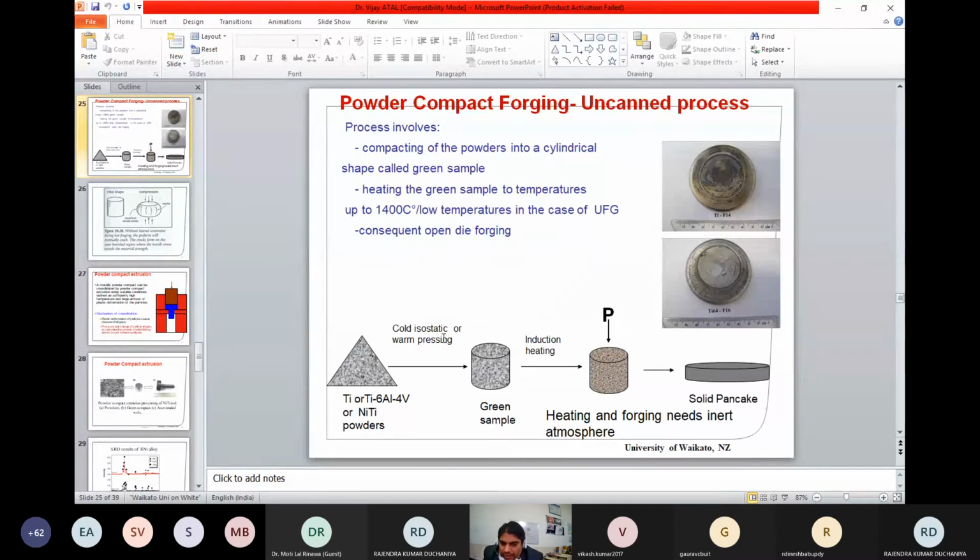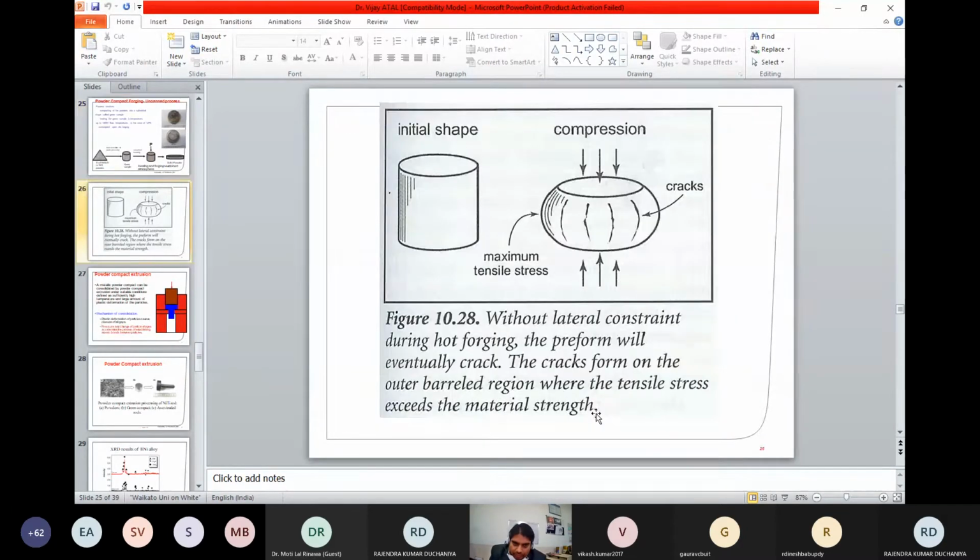Powders, either cold isostatic pressing or warm pressing can be used to improve the density of the green compact, and then produce a green sample with a higher green density. And then induction heating, and then finally forging. It's open die forging to produce different types of pancakes. So here the thing is, whenever doing open die forging for this type of alloys, especially in the case of